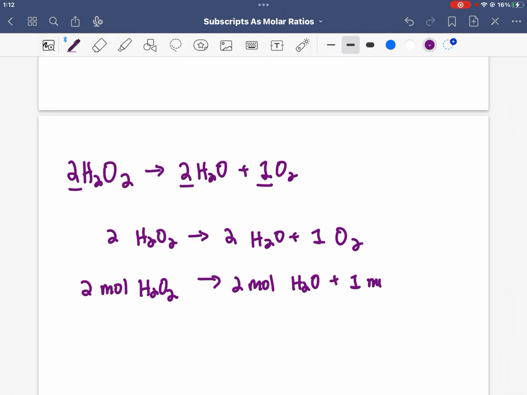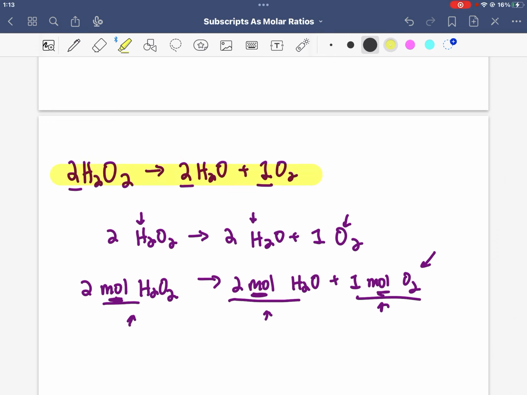1 mole of O2 molecules, or 2 times 602 sextillion, like 1200 sextillion H2O2 molecules will make 1200 sextillion water molecules and 602 sextillion oxygen molecules. So moles are just another way to count. We can scale up individual atoms and molecules to moles. All right, so